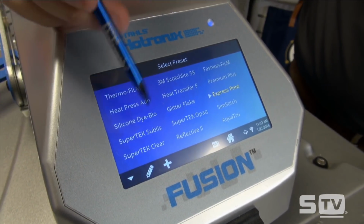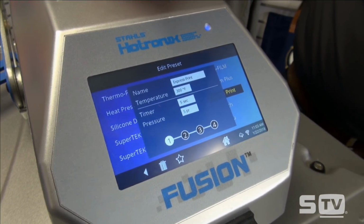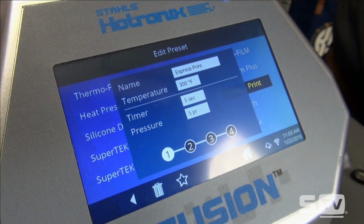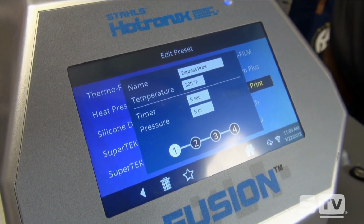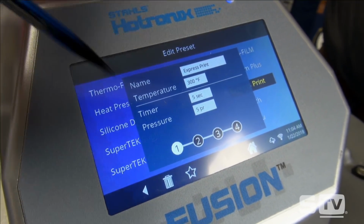So I go to the controls, I hit my edit button. I can hit on Express Print, and if I needed to make any updates here, which by the way, this controller is Wi-Fi enabled, so you can get updates directly from Stahls as material applications are updated. But if I wanted to make this one of my favorites and easily accessible to myself or my users, while